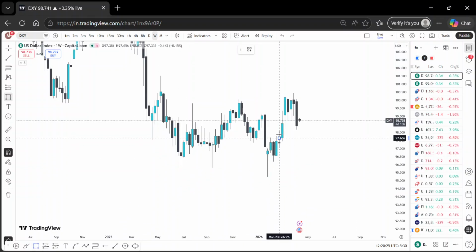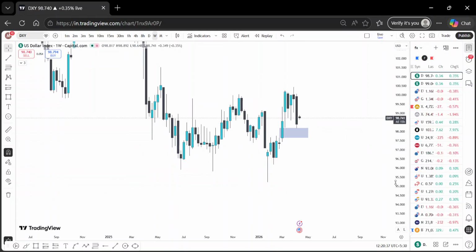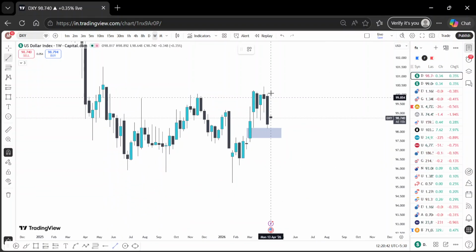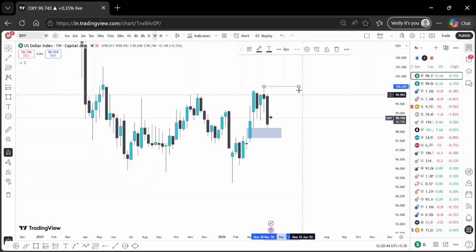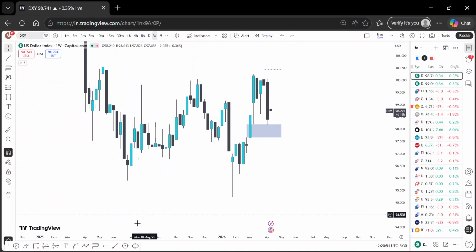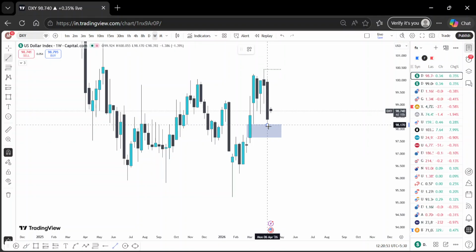Price has already tapped the weekly bullish fair value gap, and it's kind of a BPR because it has an inverse fair value gap also getting inside that. And obviously internal to external should happen now, but looking at this tap and that close, probably we might come back again, or we can directly go higher from here.